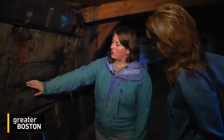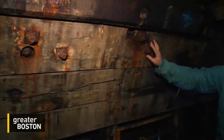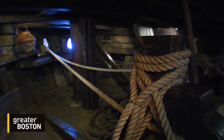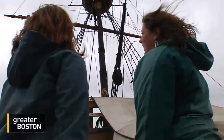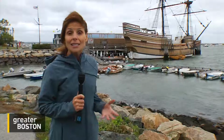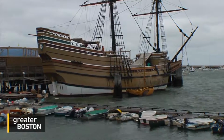These clamps here you can see are really cracked, and you can see the rust from the rivets. The goal is to restore the Mayflower II in the same manner it was built, with the same materials. We might be looking to the Pacific Northwest for the types of wood that would be required to replace a mast. Sometime before Thanksgiving, the Mayflower II will be towed down to Mystic, Connecticut, where it will undergo repairs for